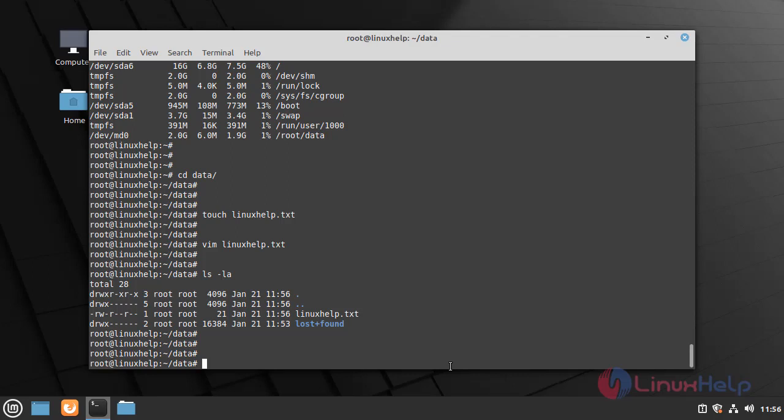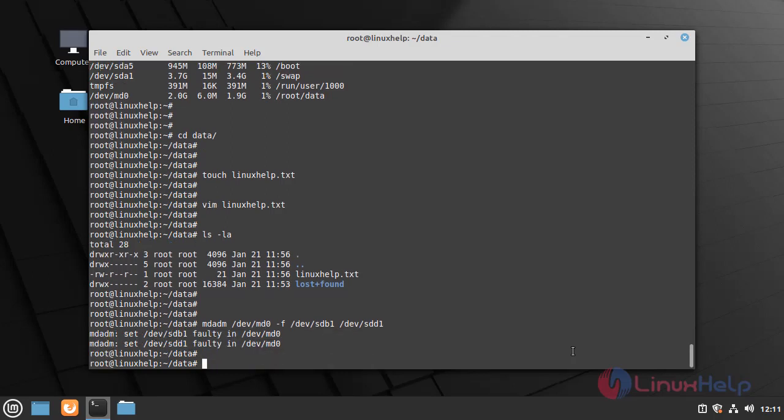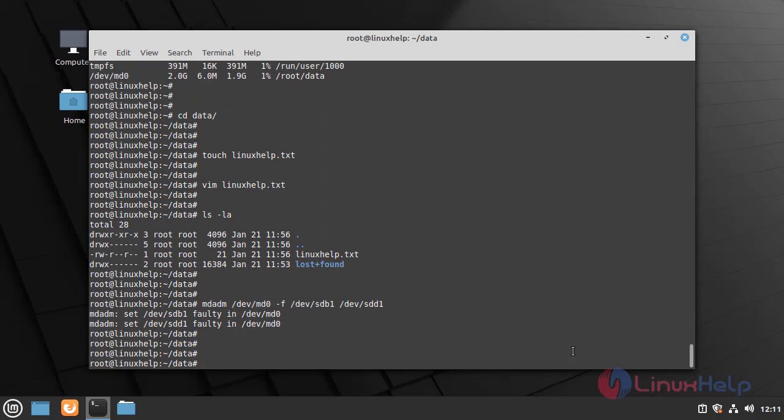Now I will fail 2 drives and I will add 2 new drives to the RAID. Here the 2 drives are failed.